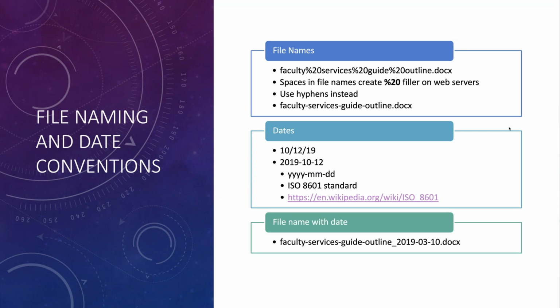10/12/19, most of us would read that as October 12, 2019, unless you're from a European country where you would probably read that as December 10, 2019. Again, to avoid confusion and to just follow standards, it's better to use the 4-digit year, hyphen, 2-digit month, 2-digit day. And that is actually an International Standards Organization standard that should eliminate any kind of confusion and follow conventions